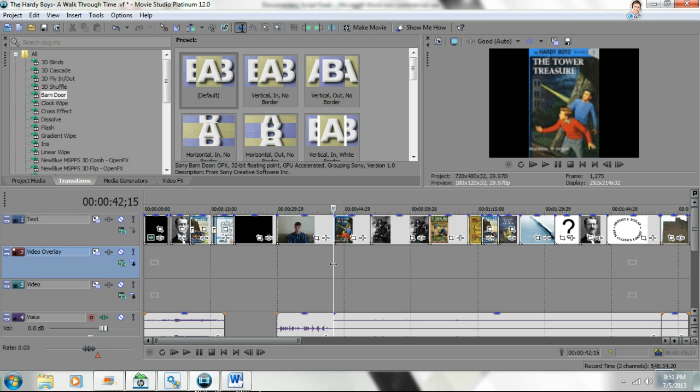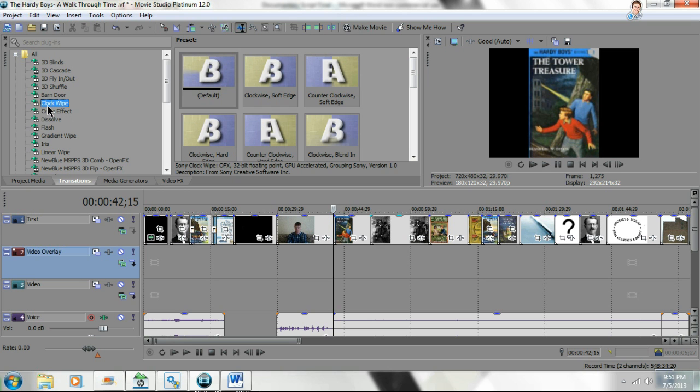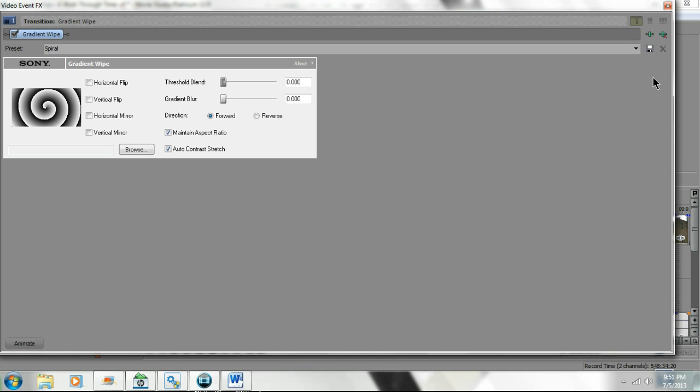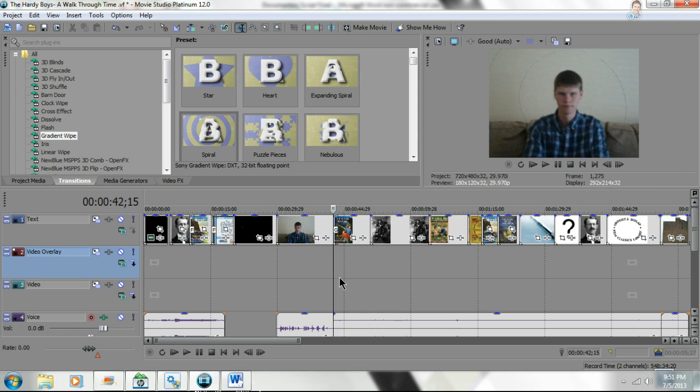And it looked like that one didn't work. That happened because some of them won't work with certain pictures because there's not enough room for the effect. So I'm just going to find another one. This gradient white spiral. Click that. X out. And as you can see, there's a little section here that says G that shows that the transition effect was added. And then once we click play,